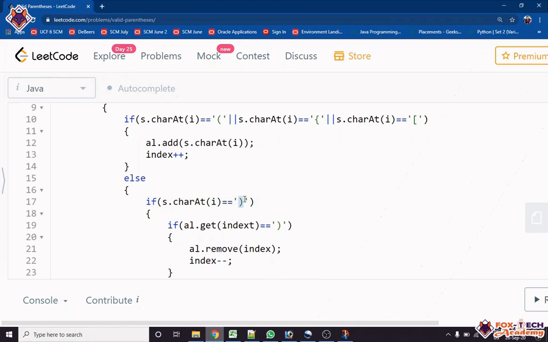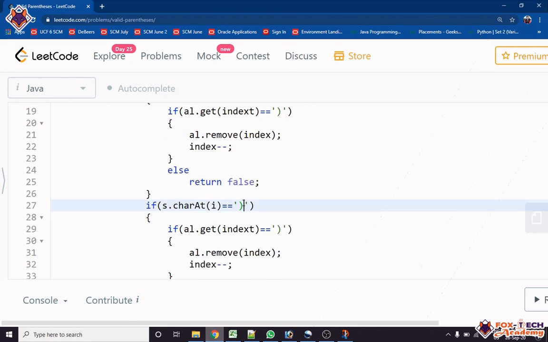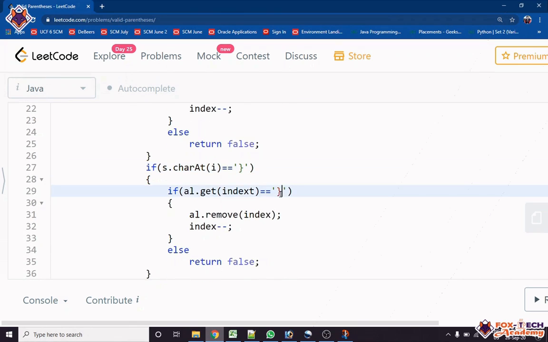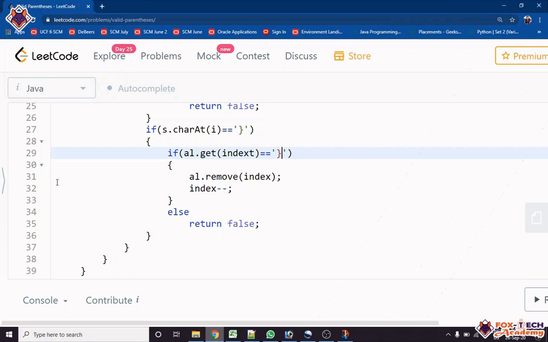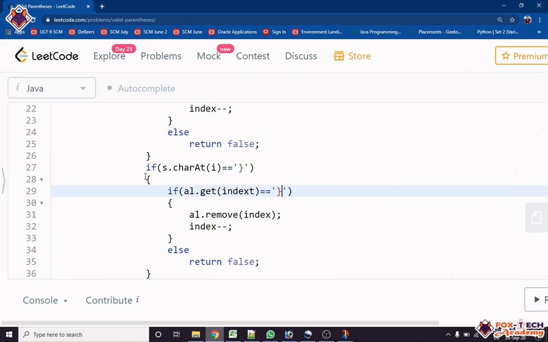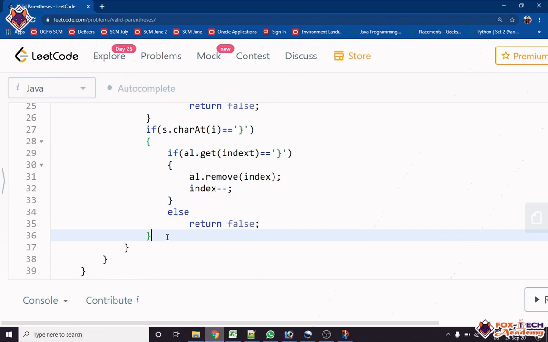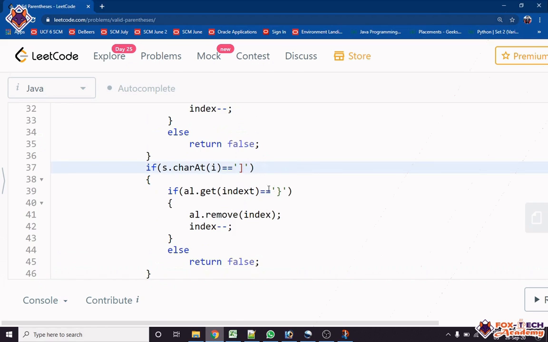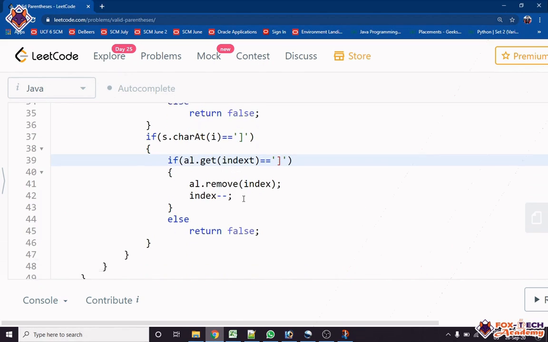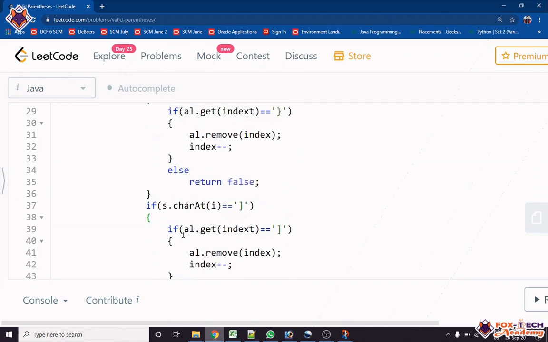We have checked this for the curly brace, and now we will check for this one, and if it matches, then remove and decrease the index. Again we have to check for the square bracket, otherwise return false.